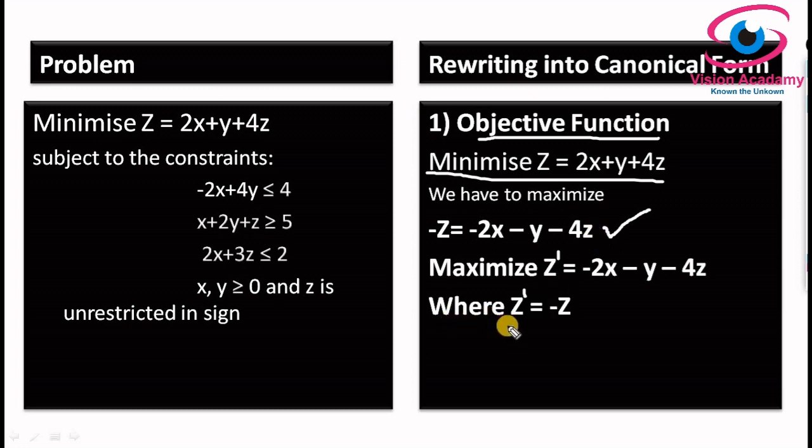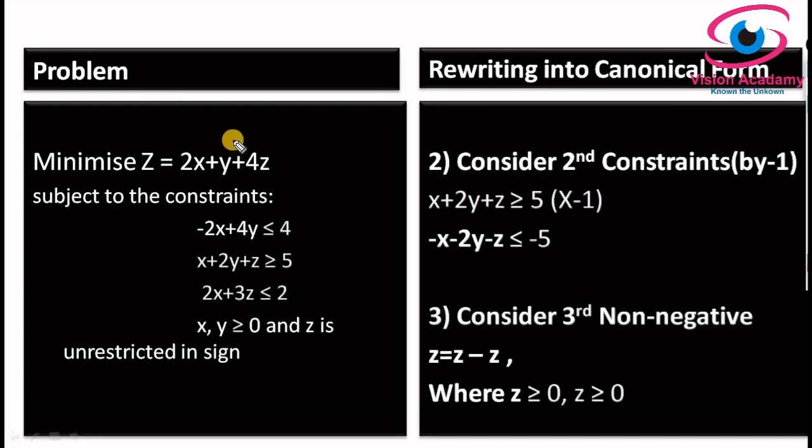So what is that z? There is a dot, it means minus z, it indicates minus z. So we converted the objective function into canonical form of linear programming. Then let us concentrate on the other constraints, to see if we have to give any treatment to them. After converting the objective function into maximization type, I will look into the subject to constraints.